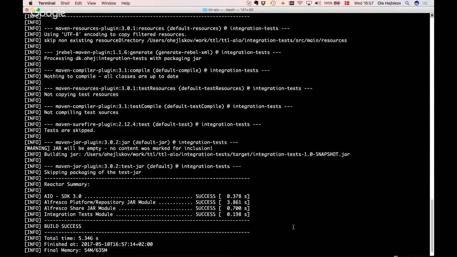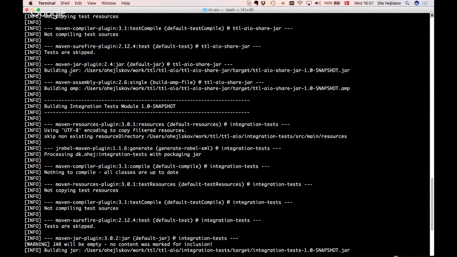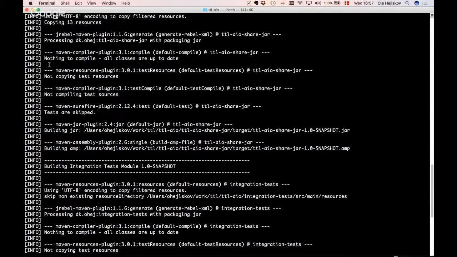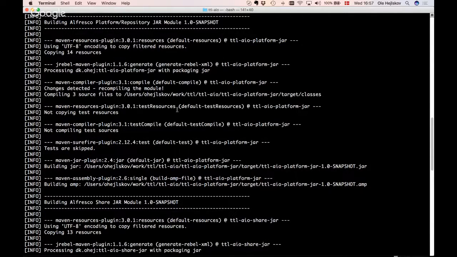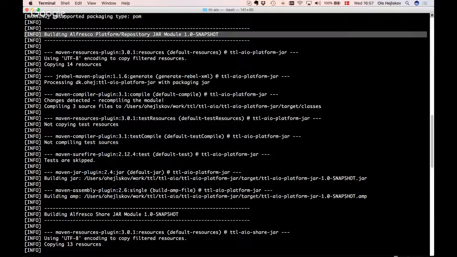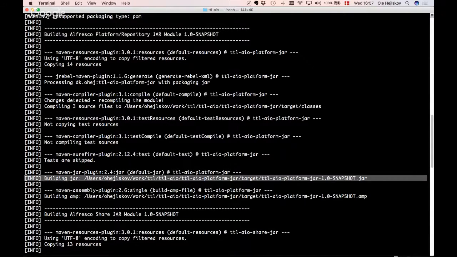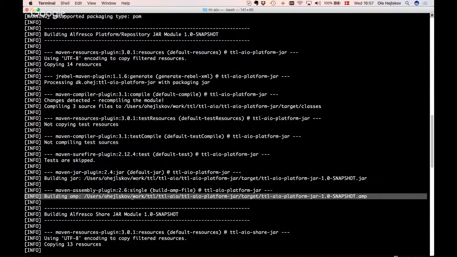So we can see here, if we scroll up a little bit, well, that's the Share one. Let's look at the platform. So here we can see that it's building the platform jar module. So it does everything it needs to do, like compiles it and so on. Then it's building the jar file, but it's also building the AMP file. So if we look at the target,